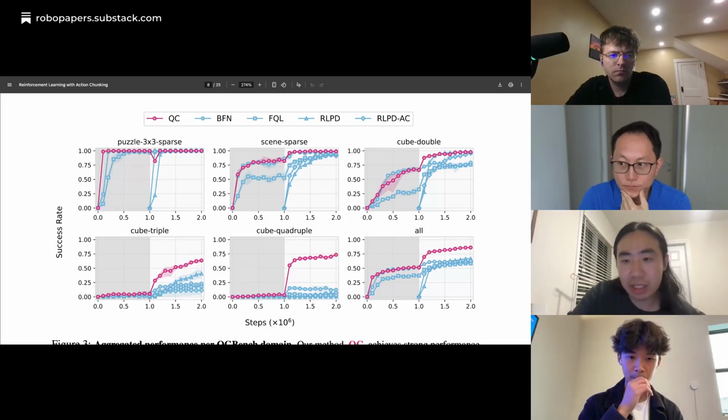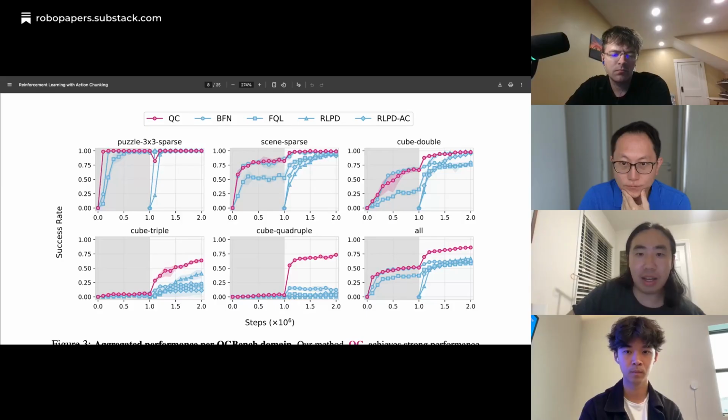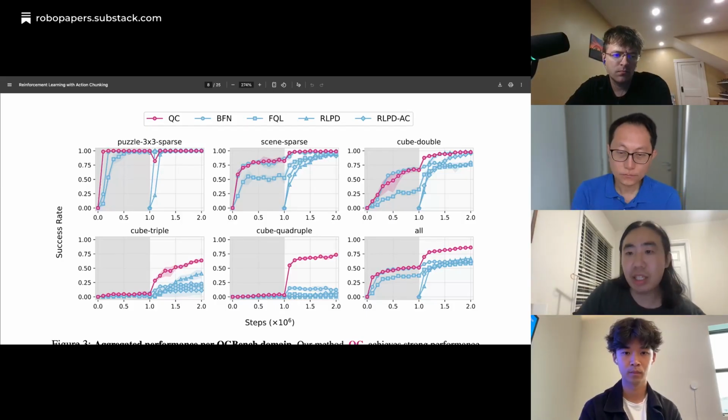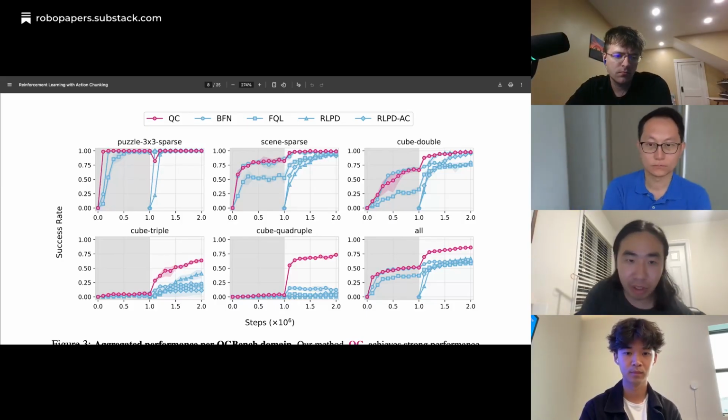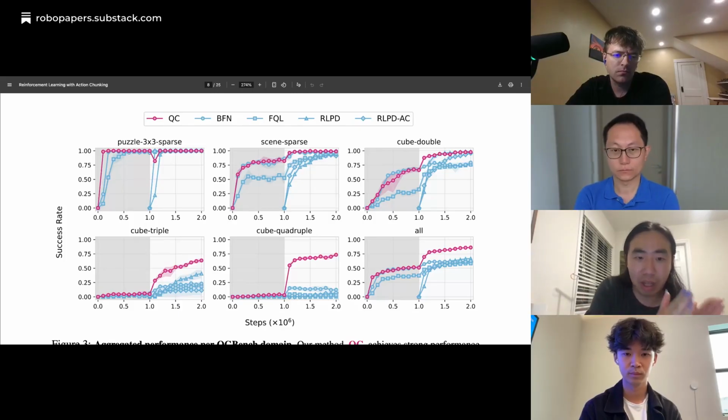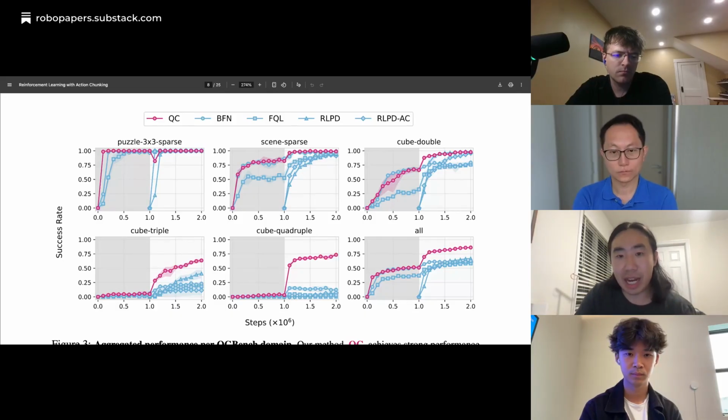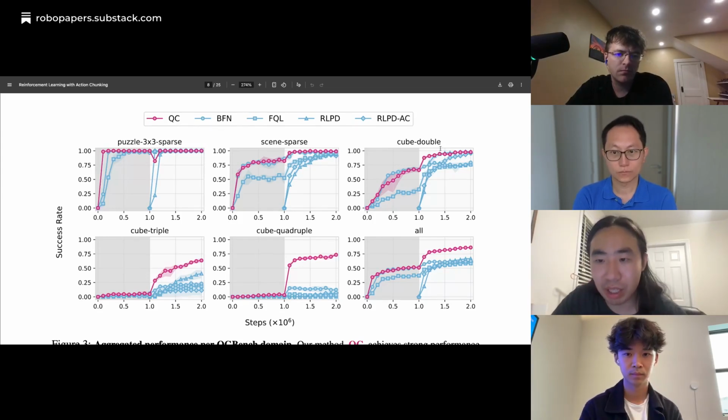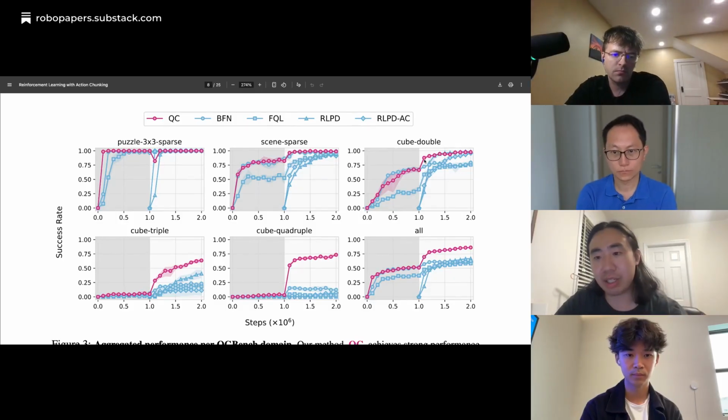Our method really starts to shine in the online case. As we mentioned, our action chunking policy stays close to the offline data through the behavior constraint with this expressive policy, so it can generate temporally coherent actions to explore effectively online. On cube double, you can already see it improves the success rate quite a bit faster than our baseline.